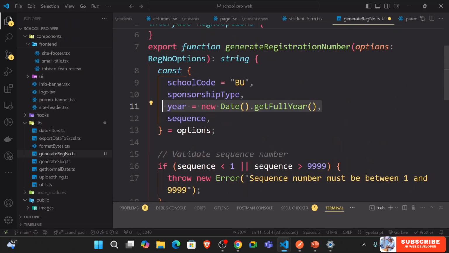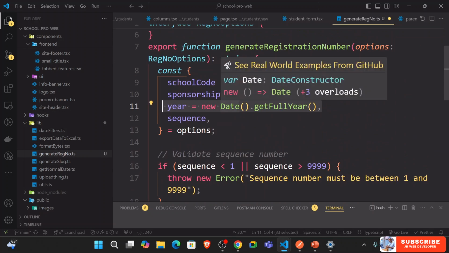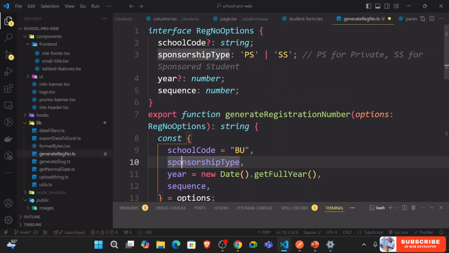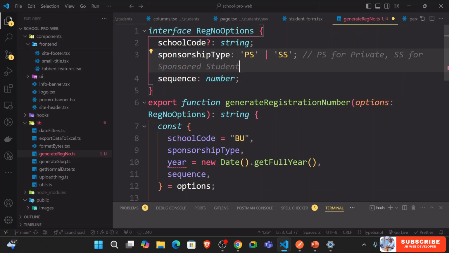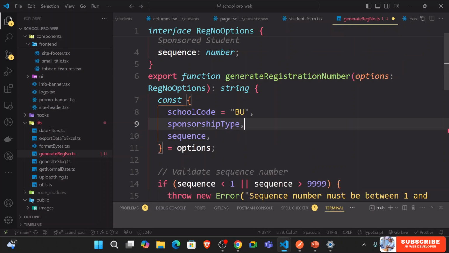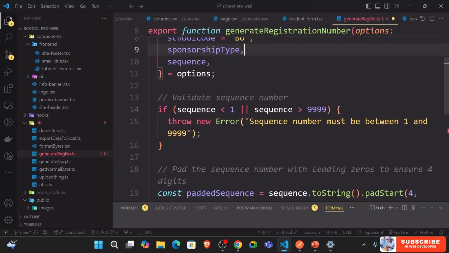Actually, they just made it optional, but I don't think in the options we need the year. I'm just going to remove the year so that this is automatic. So I'm just going to cut off this, and then